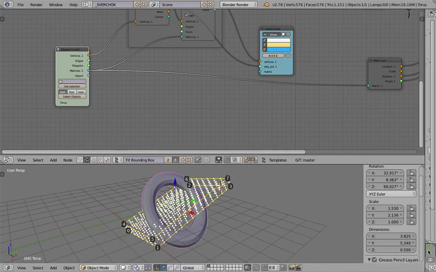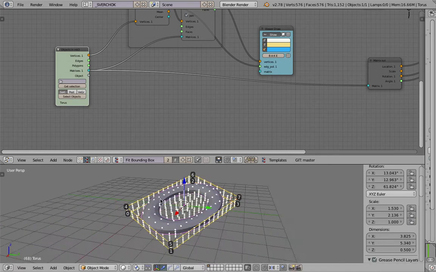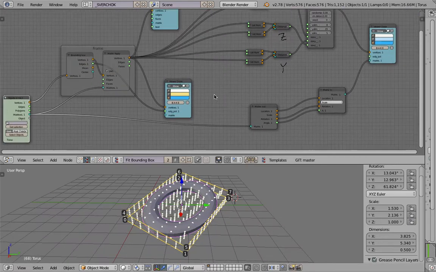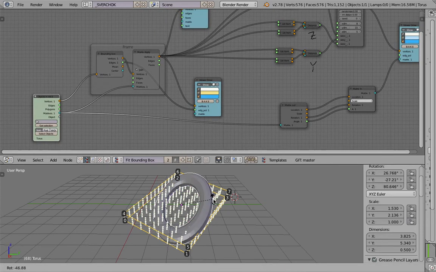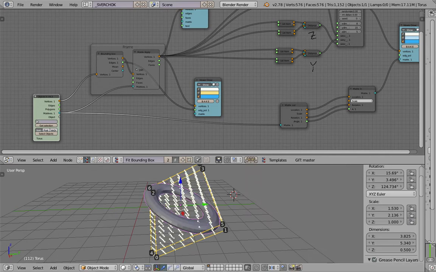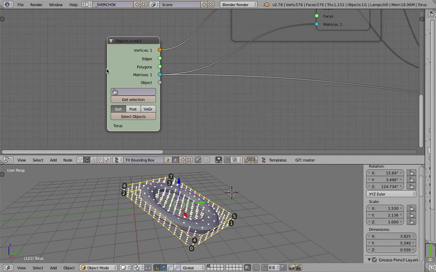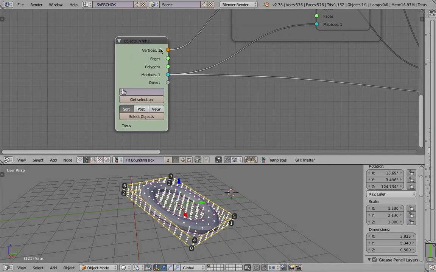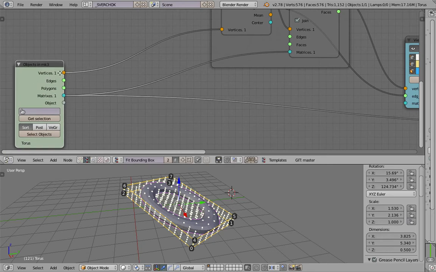So I start with a torus right here, which is a real object in Blender. It's not made using nodes. Of course, you can generate the torus using Sverchok as well, but in this case, this is just a real object in the 3D view. So I source the torus using the Objects In node, and the first thing I do is